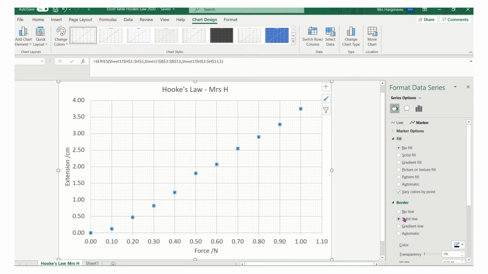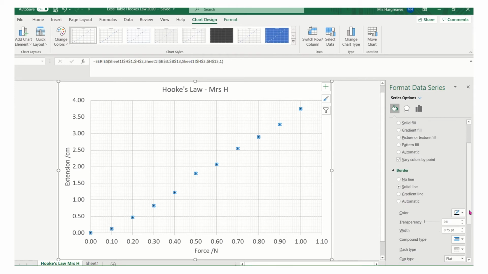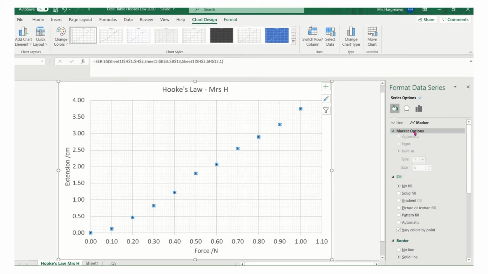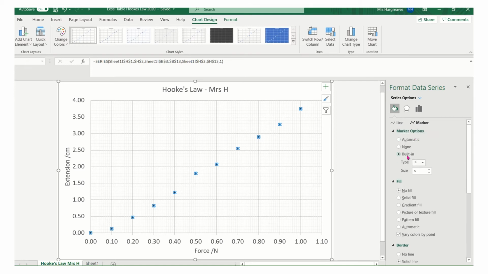I do want a border for my options, and I want to make this quite dark, so I recommend you choosing black. Don't have any transparency on your points, and a good width is about 0.75. Again, make sure that you're clicking on your marker options, choose the built-in,